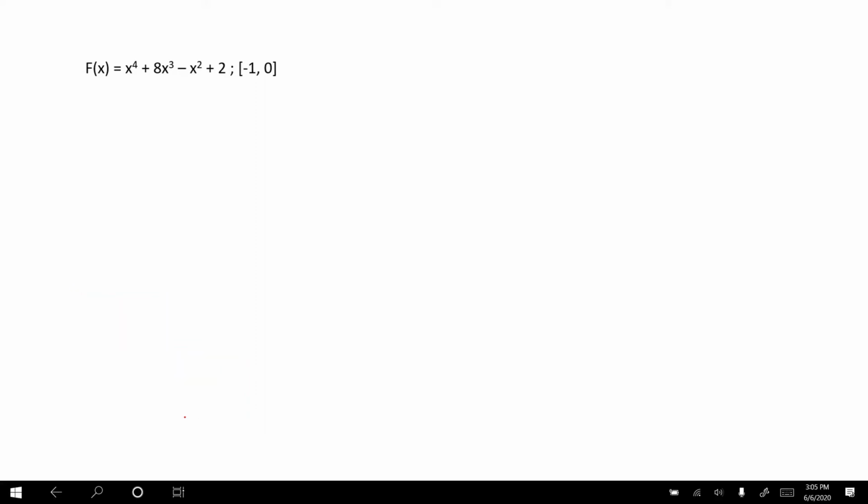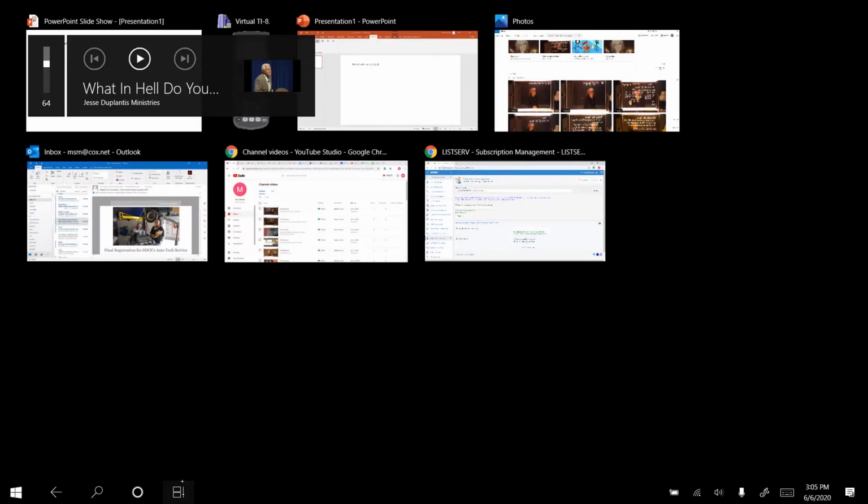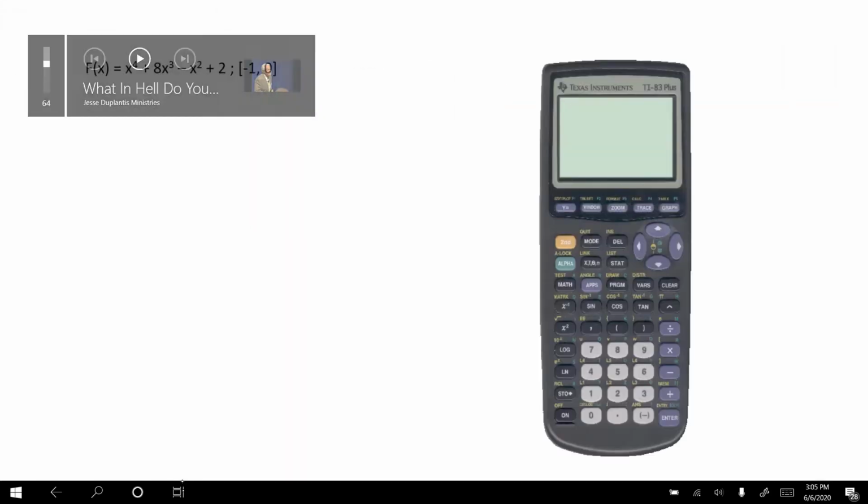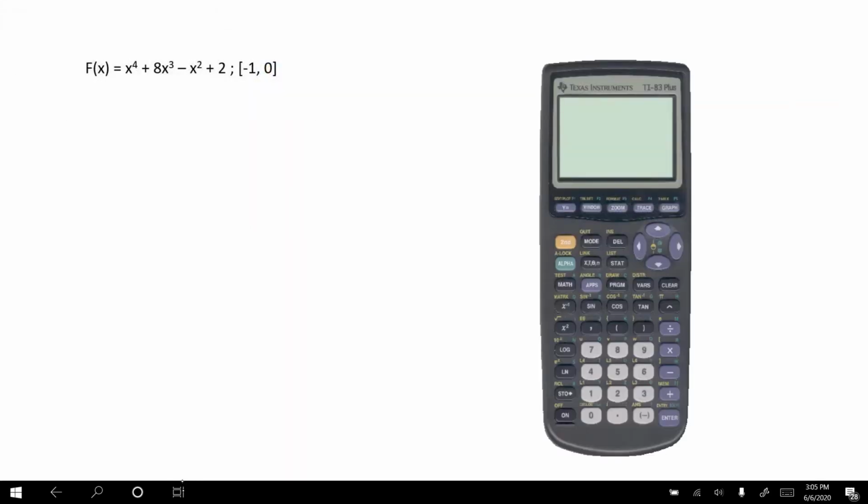Remember, we had used the intermediate value theorem, and it told us that there was a 0 in between the negative 1 and the 0 for this particular fourth degree polynomial. So we need to go graph it and find it. First, we need to input it. So y equals, right? By the way, please make sure all your plots are off. If they're not, go in, turn them off, because if they're on, we're going to have a situation in terms